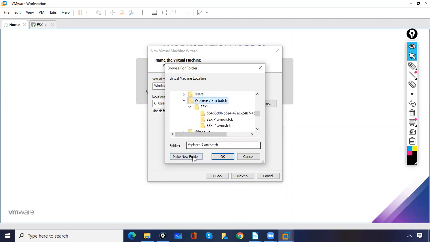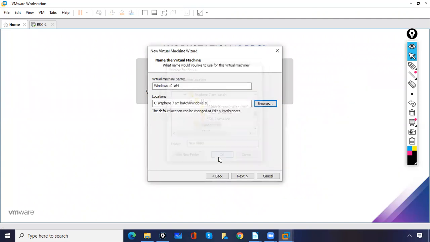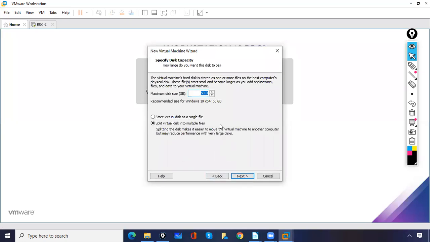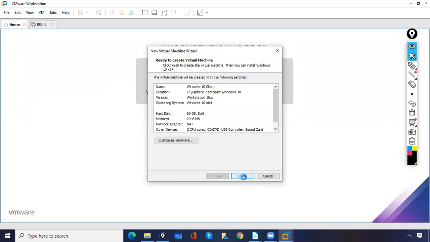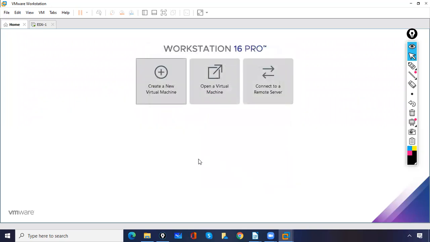We'll create one more folder, Windows 10. Okay, and we'll change the name, Windows 10 client. Then we'll click next. Okay, we'll go with default setting, 60 GB hard disk, finish. Okay, again guys,